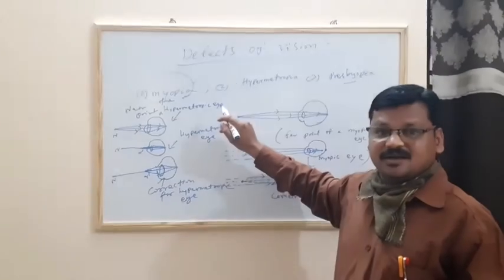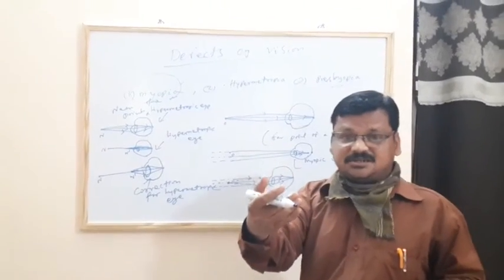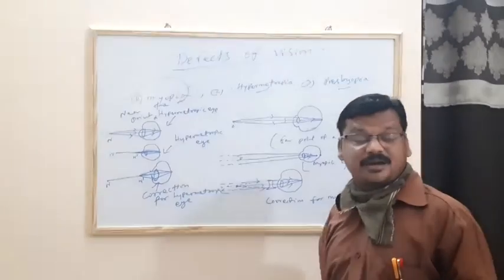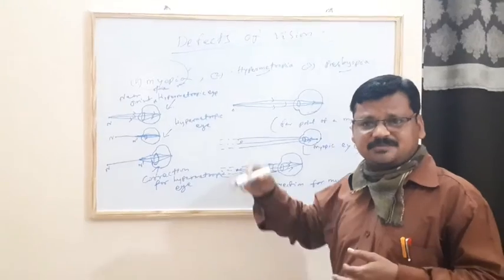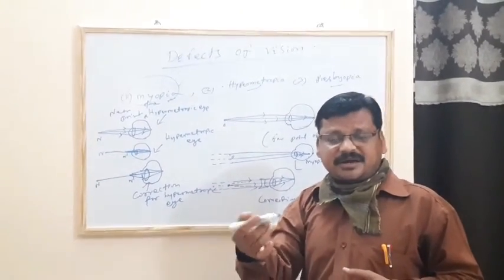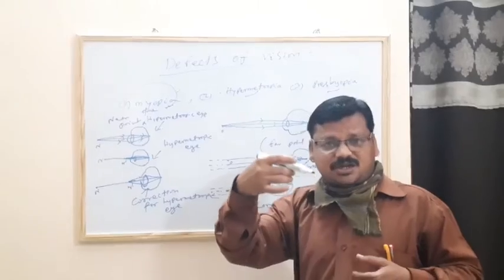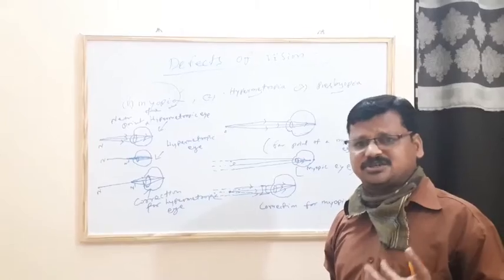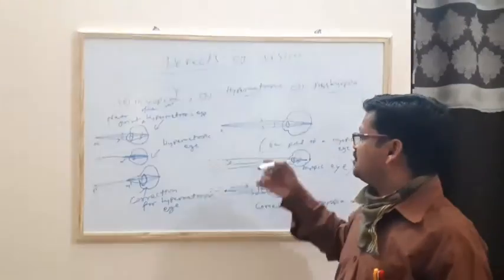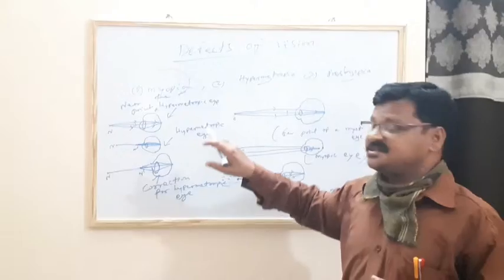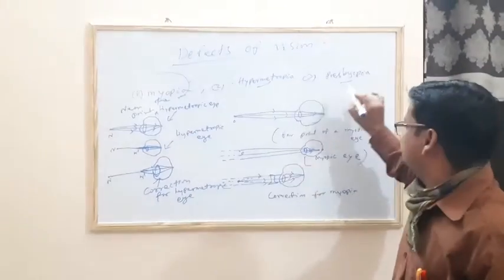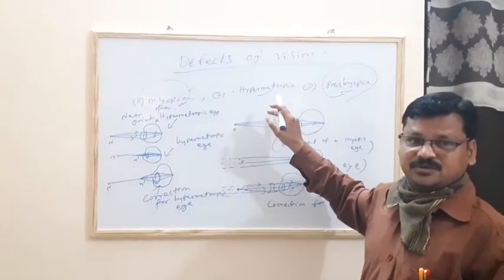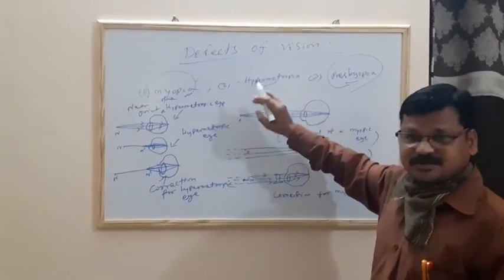So that's why they cannot see the near object clearly. So presbyopia is also a special type of hypermetropia. But in some cases, due to old age or ciliary muscle weakness, the person cannot see distant objects clearly and near objects also they cannot see clearly. That's why by using a bifocal lens, meaning both concave lens and convex lens, presbyopia can be corrected. Okay, so we discussed the defects of vision.